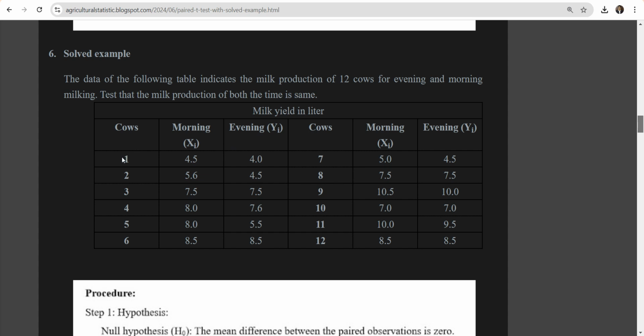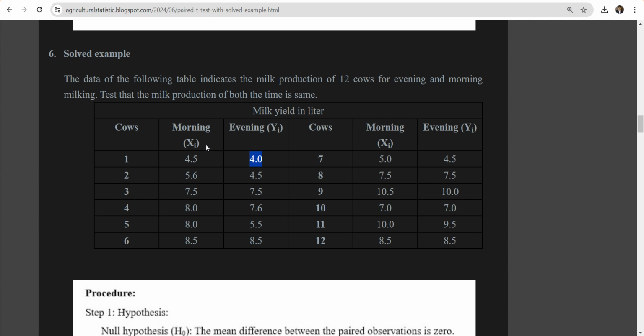So this is cow number 1 and 4.5 liter is the milk in morning and 4 liter is in the evening. So likewise I have 12 cows, and now you can link it up